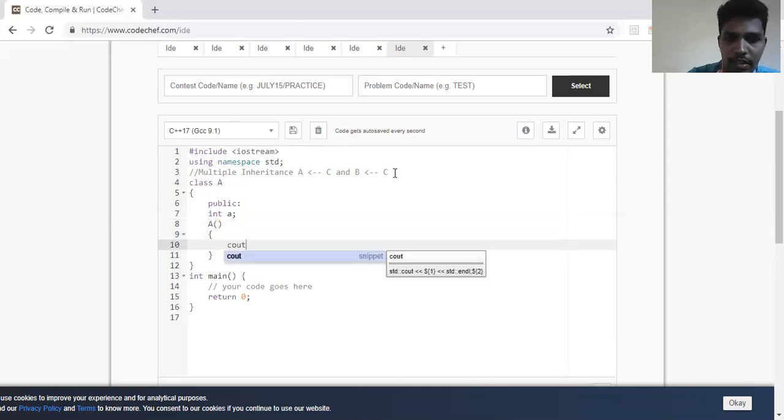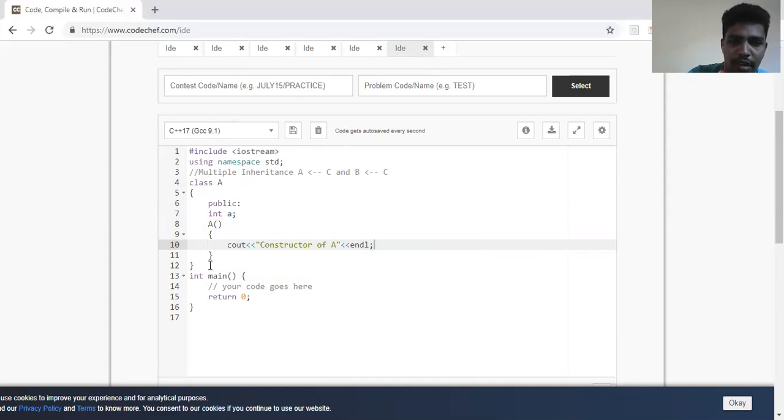I'll just write cout "constructor of A" and endl. So I have taken a simple class A, which has one data member, small case a, and a constructor to just print that it is a constructor.